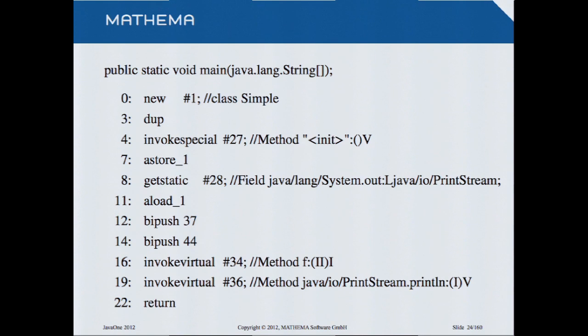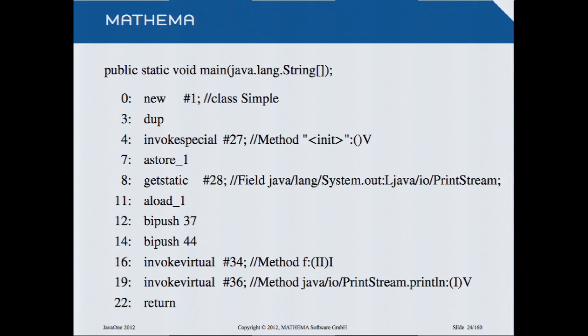So for example, if you look at the instruction 8, getstatic, number 28, and the number 28 refers to the constant pool in the bytecode. The constant pool contains all the strings and all the meta information needed to run a program. And you see that the position 28 marks a field, the field java.lang.System.out, and this is of type java.io.PrintStream. Whenever you deal with an object, then it's surrounded by an uppercase L and a semicolon. So we know what this means.